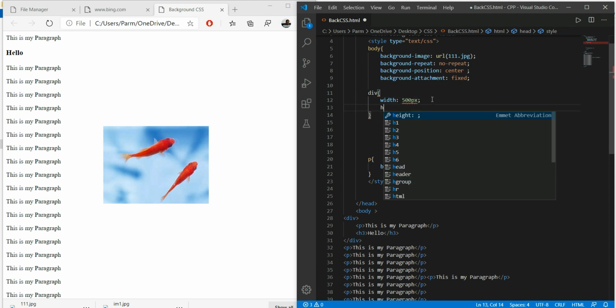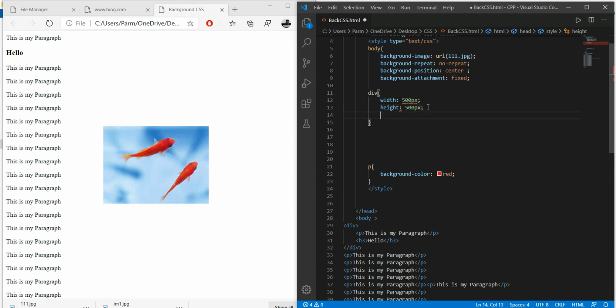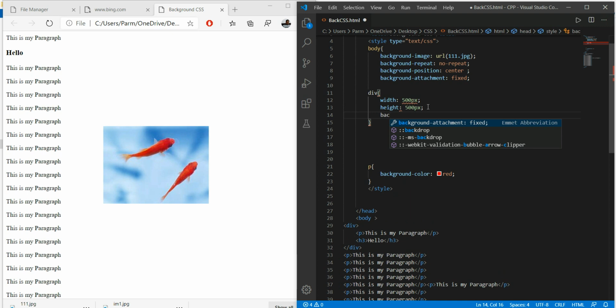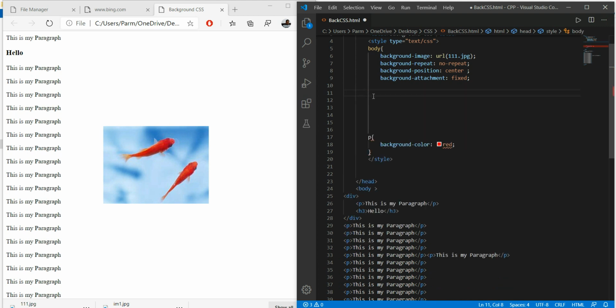Then the height of the div, that is again 500 px. Then the background image. So let's leave this. This is not going to happen over here. Okay, we just lost the curly bracket after this.